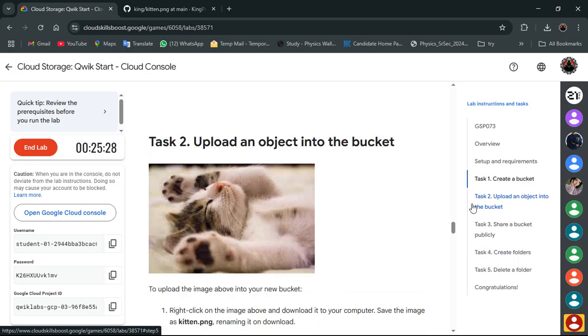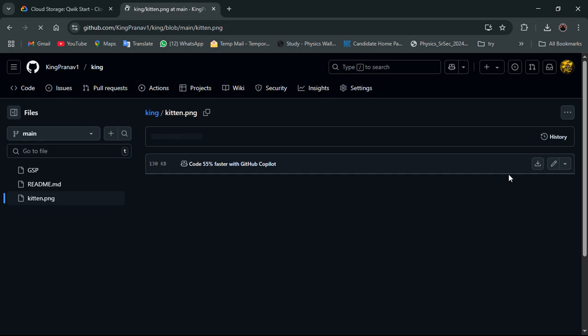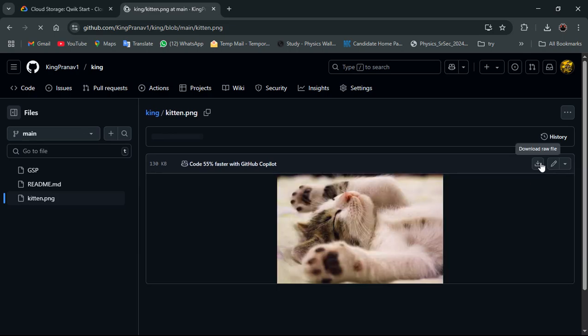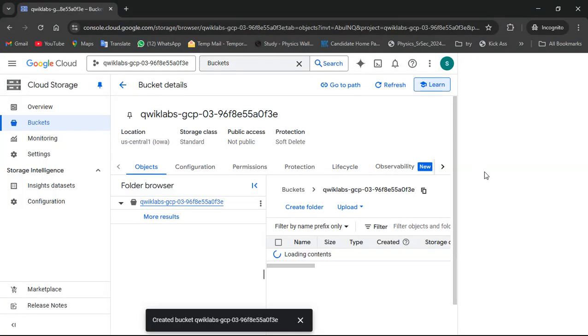So now for task number 2, open this link from my description and download this image. So click on this download button. Okay. After downloading this, come back to the Cloud Console